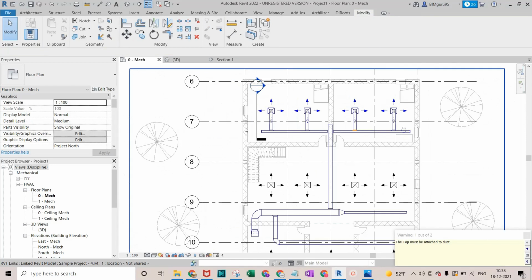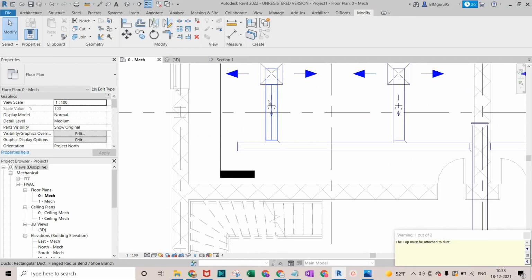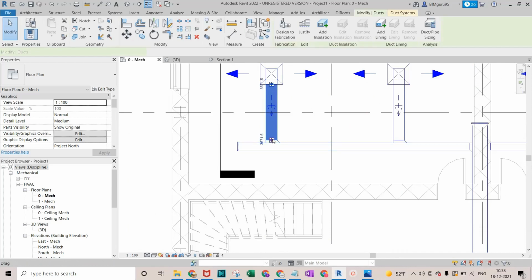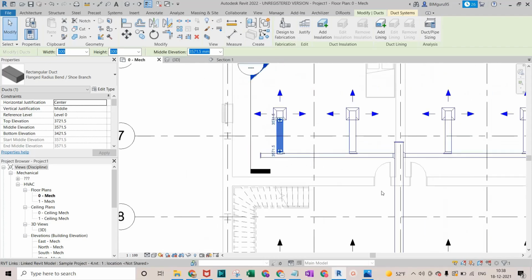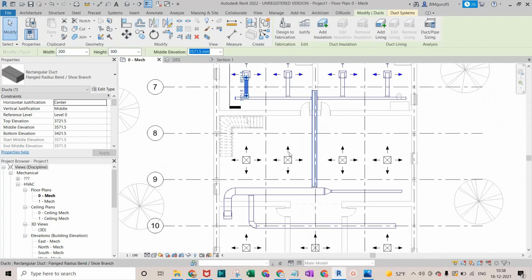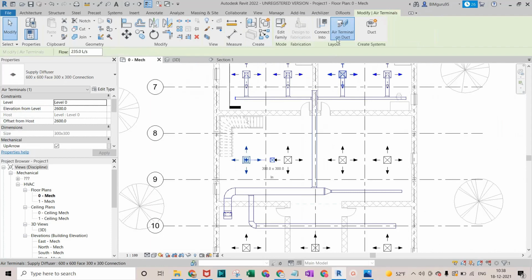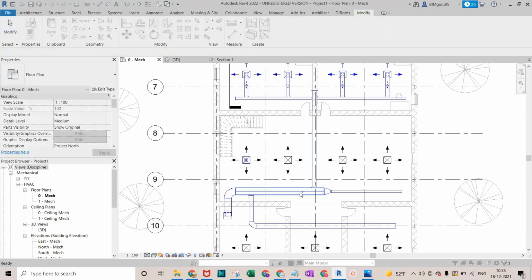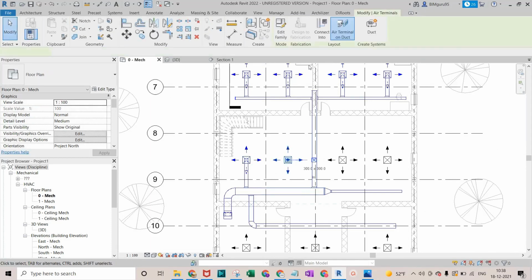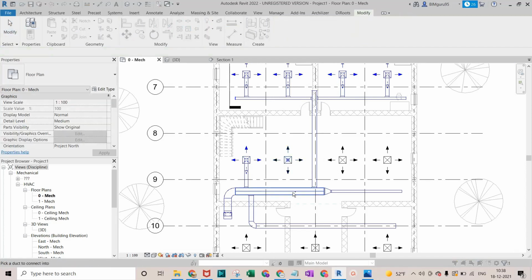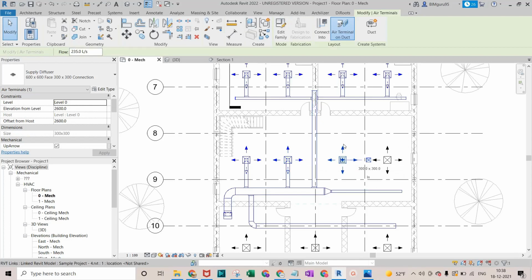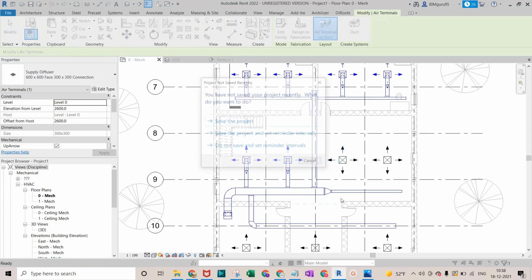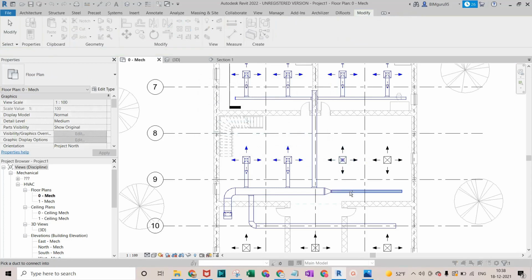Yeah. You can see the flow as well. If I click on this one, the direction is also showing that the flow comes that way. So that's a very good feature of Revit. Click on that, connect to this duct, connect to this duct, connect. We can connect this one by this one or this one. It depends on your perspective, how you want to see